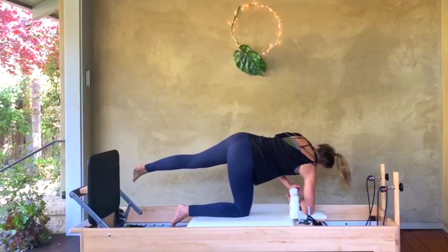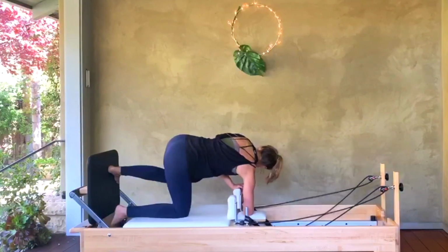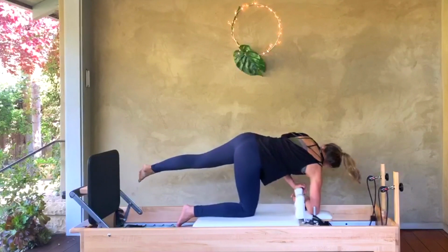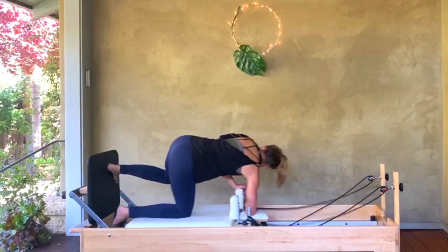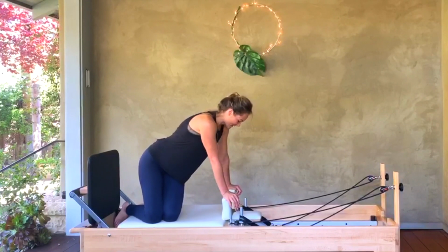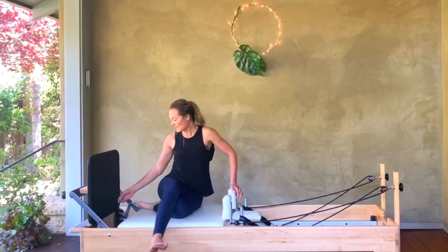And we take it for 10, 8, 6, 4, 3, 2, 1, and pull it all the way in. Good job, you guys. All right, let's finish with some jumps for the side body, and now you will take